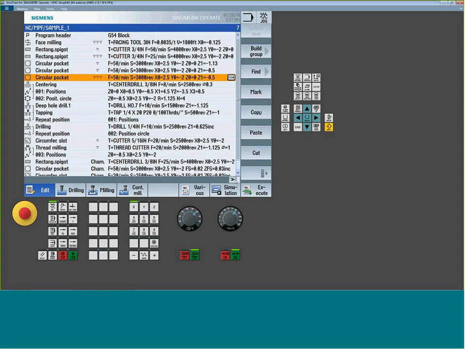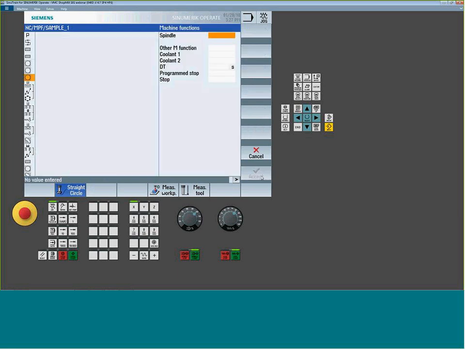That's either going to be this soft key on your display if you have a touch screen, or you'll see a gray arrow button, usually down to the right of the display. That'll expand our horizontal keys over. Now you can go into straight circle. You see the vertical keys we were just talking about pop up, and now I can get into my machine